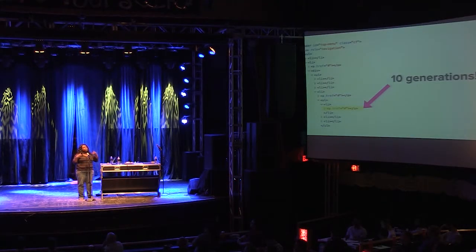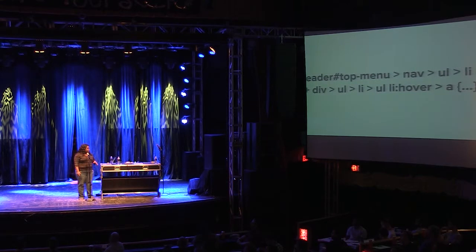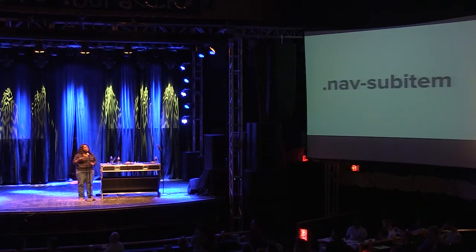So basically, every time you nest something in the HTML structure, you deeply tie that selector to that structure. The whole point of the depth of applicability is to limit how deeply you go into that tree to style the element you're trying to get to. So back to this selector. What I really wanted was just the anchor tag. There was no reason to go that deeply into it. So using what we just learned about the SMACSS methodology, I could just easily put a style on this that says navigation sub-item and achieve the exact same goal with far less